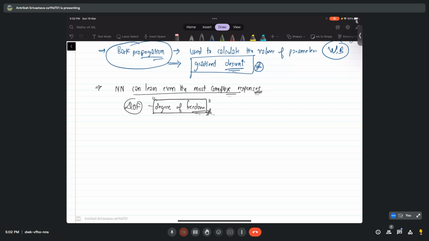See, if this is one point, and this is a fixed point in space, so it has 0 degree of freedom. It cannot move anywhere. So it is very easy for me to get this location with time, because it will be fixed. Let's say if we have a pendulum, this is a fixed point. Now one weight is attached to a string, and it is allowed to move, and it will have angular degree of freedom. It can move in an arc. So still it has some degree of freedom. I am able to predict it.